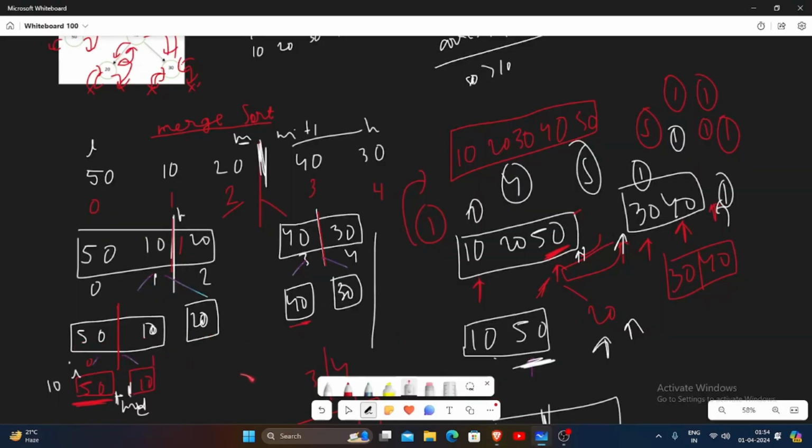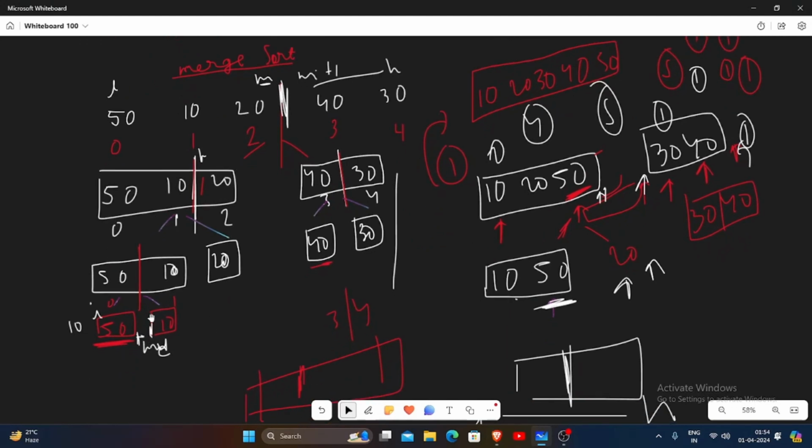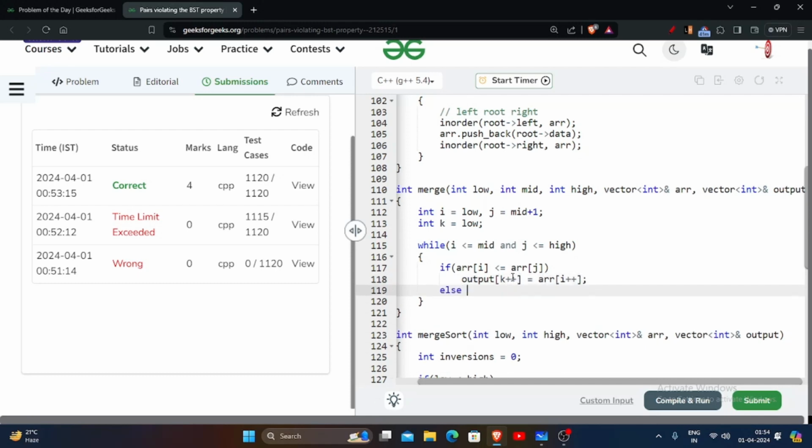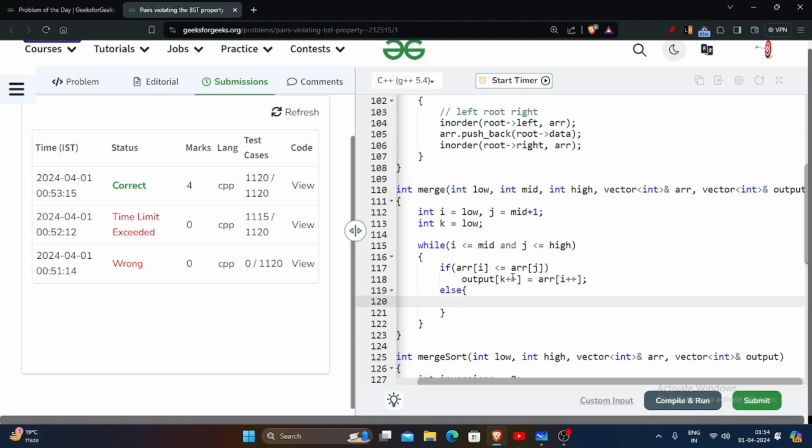अगर 50 और 10 में, ये 50 और 10 में फाइन था, तो हम क्या बोल रहे थे, 50 पहले आएगा फिर 10 आएगा, लेकिन अगर 50 10 में फाइन है, 10 पहले आएगा 50 पहले आएगा। तो अभी हम वो केस है कि जब ऐसा है, जब 10 और 20 है, तो 10 और 20 सेम है, तो 10 को रखूंगा मैं। तो आउटपुट ऑफ के में क्या आएगा, ए आर ऑफ आई, प्लस प्लस कर रहा हूँ क्योंकि पॉइंटर अगले, हमें अगले पॉइंटर जाना है, इसको भी के प्लस प्लस, क्योंकि इसको भी इंक्रीज करना है। एल्स अब वो केस है कि जब इन्वर्जन आएंगे,